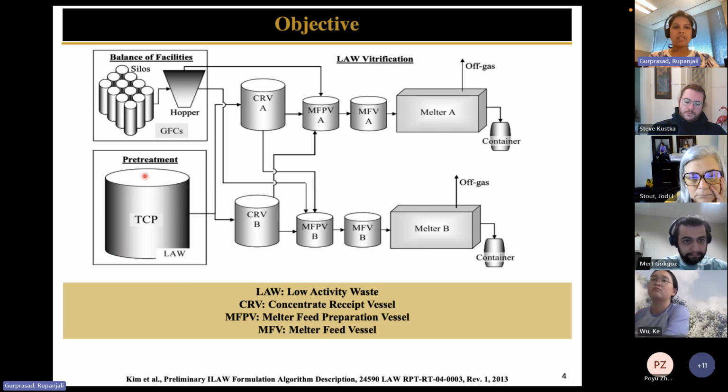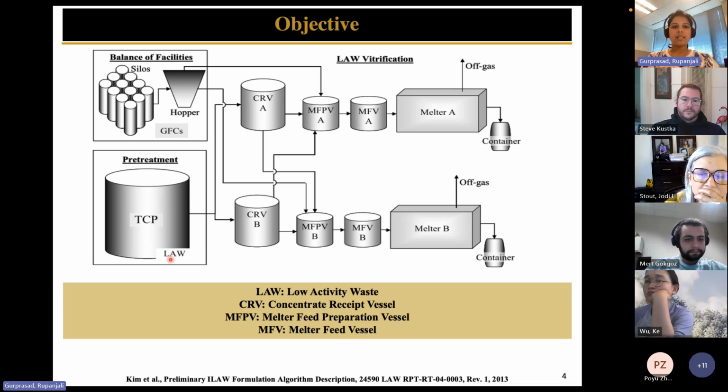For example, this is a pre-treatment facility here where your incoming nuclear waste, which is very inhomogeneous in terms of its composition and also in terms of the solid content and everything, goes through a pre-treatment facility where a lot of the radionuclides are actually removed. So they remove a lot of cesium. And so you'll see a lot of those acronyms here. If I'm not able to explain any of those, please feel free to pause and I can go ahead and explain those to you.